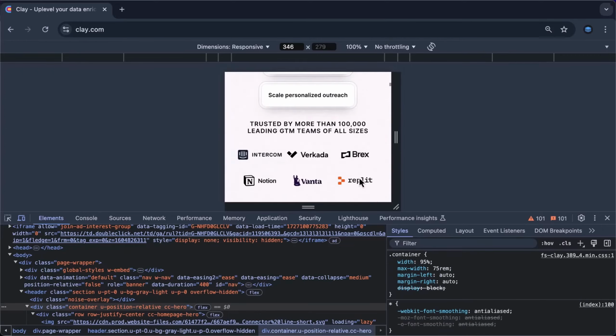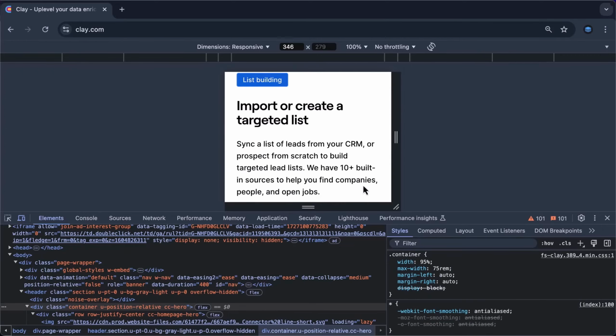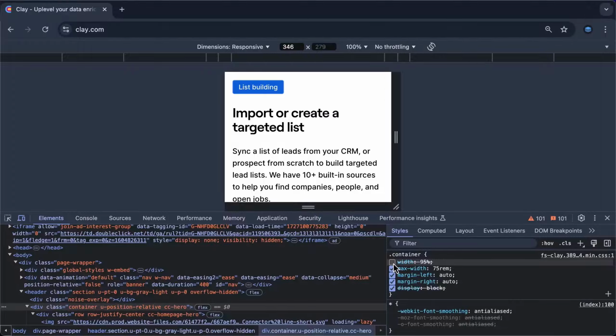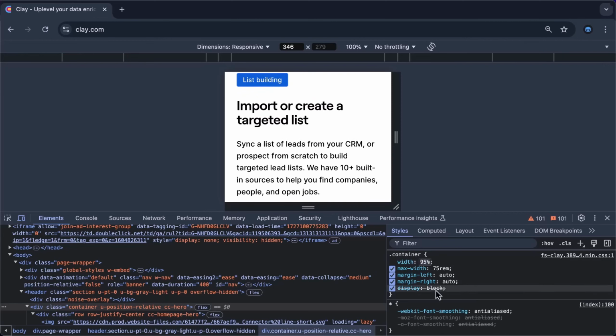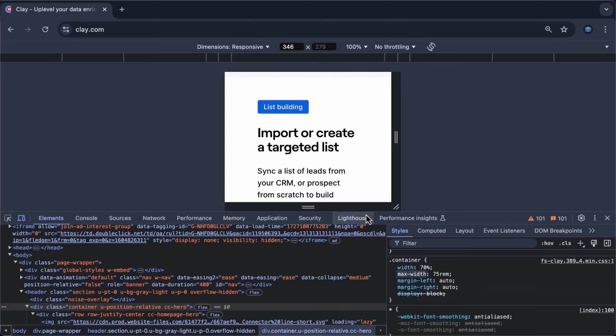I'm just going to scroll down on the page to this heading and paragraph here. Watch what happens when I turn the width off. You'll see the content moves a lot closer to the left and right of the screen. I'm just going to toggle it on and off so you can see it again. Now I'm going to turn the width back on, and change it to another value, like 70%. And you can see now that there's a lot more space left and right. This is not something you would do, as this doesn't look great, but I just wanted to show you that